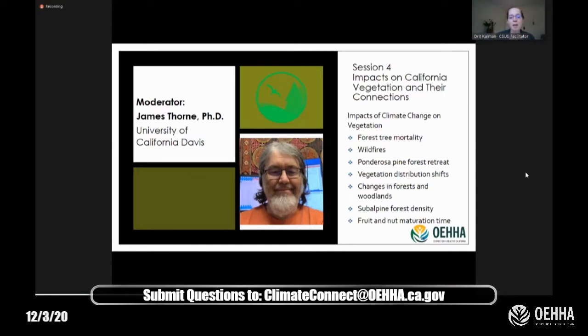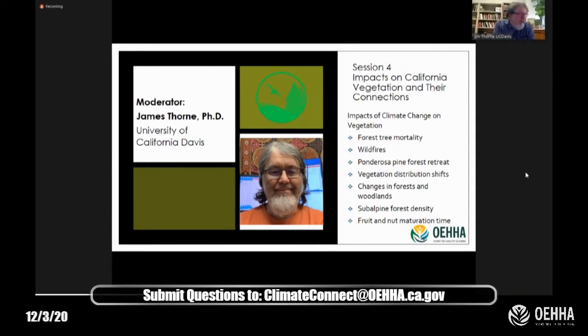Just a little bit about our moderator. Dr. Thorne is a landscape ecologist who focuses on climate change, biogeography, conservation, and regional planning. He focuses on applied research and regional planning in California. Dr. Thorne has developed historical maps of vegetation distribution patterns, forest dynamic studies, species distribution models, and downscaled climate and hydroclimatic maps. Welcome, Dr. Thorne, and I'll turn it over to you.